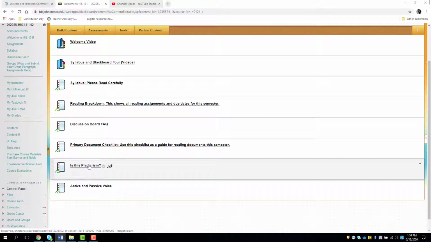Is this plagiarism? That's the handout I was talking about in the syllabus when we talked about plagiarism. And active and passive voice, that is how to strengthen your writing. So active voice and passive voice. Passive voice is a problem that plagues many a paper. It would be, let's see,